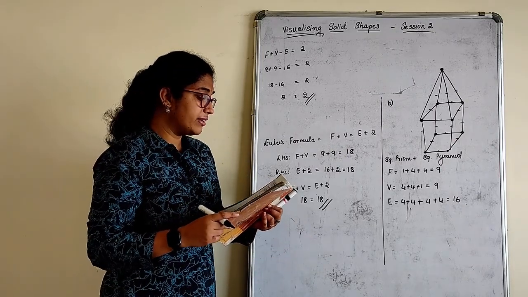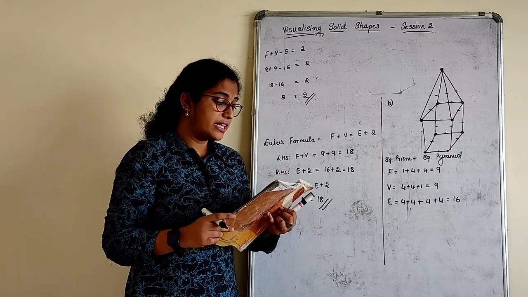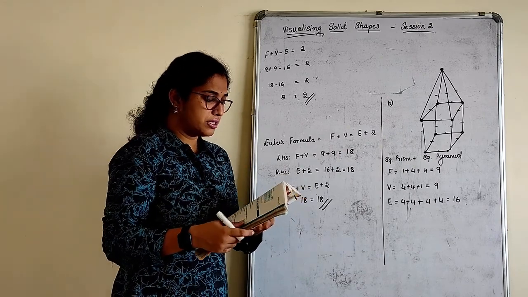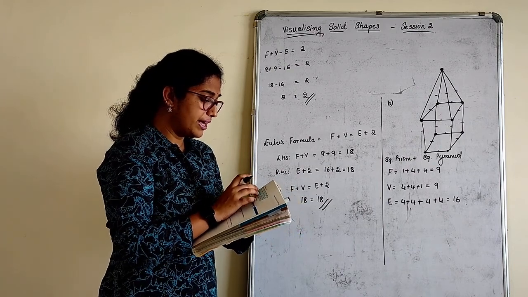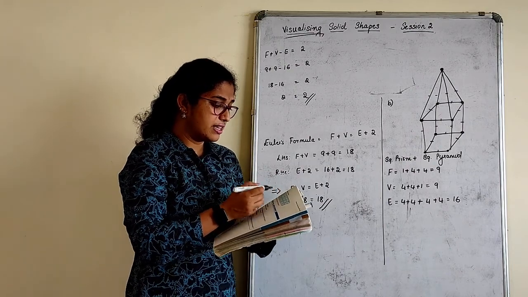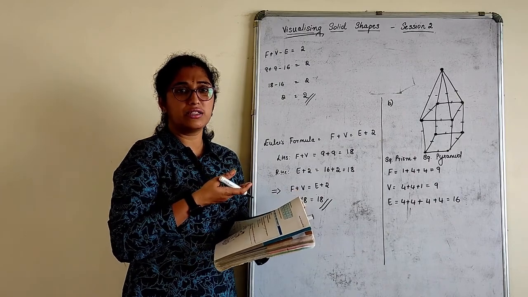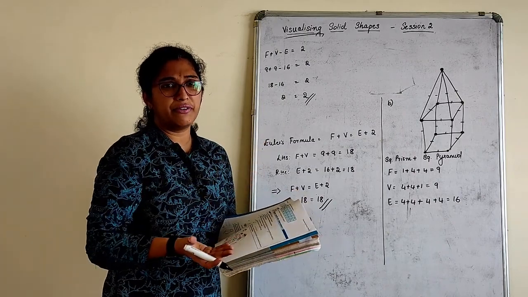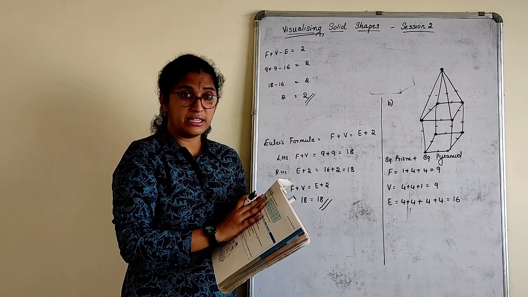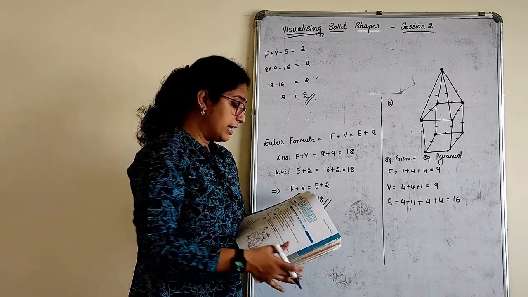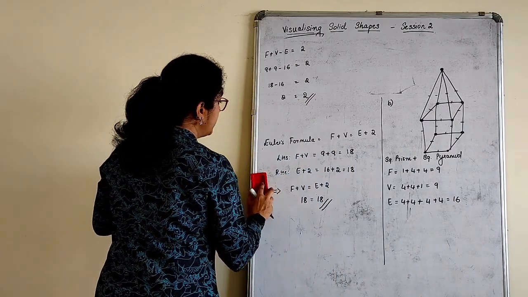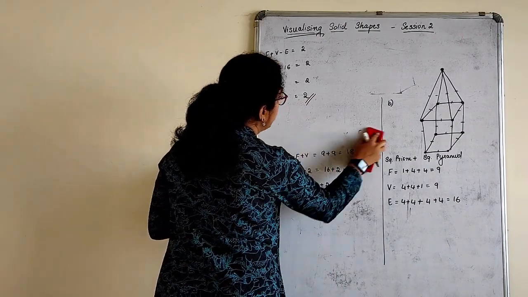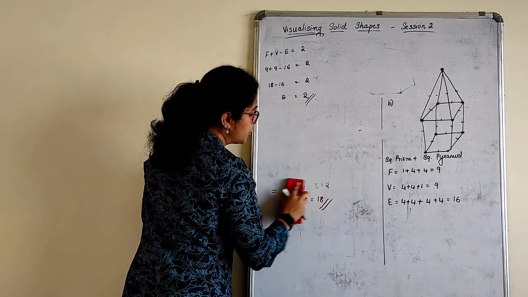There is a table given here, Euler's formula to find the unknown. I think you will be able to do this. See, faces you have to find where vertices is given, edges is given. Apply Euler's formula. Unknown values are to be found out. So the 7th one is for homework. Last one, I'll just show you one if you want. One example I'll show you here by applying the formula they have given in your book.